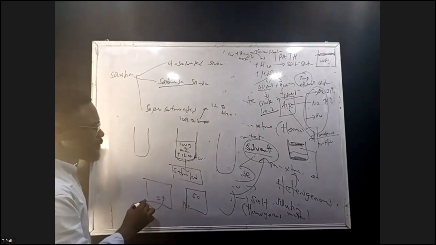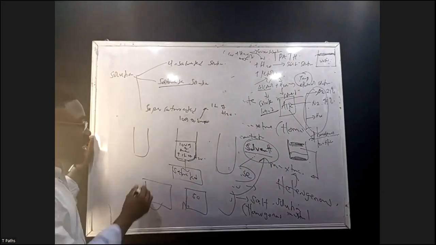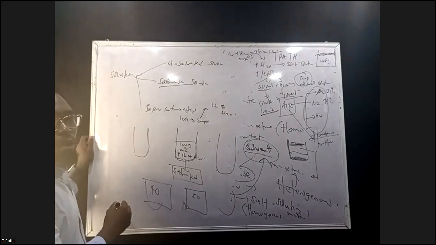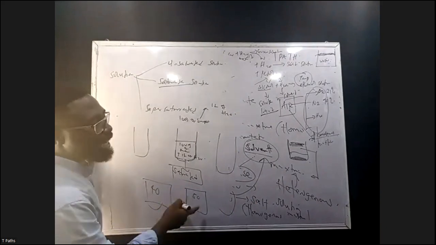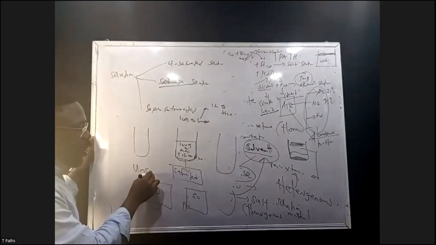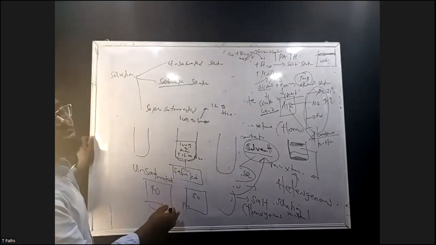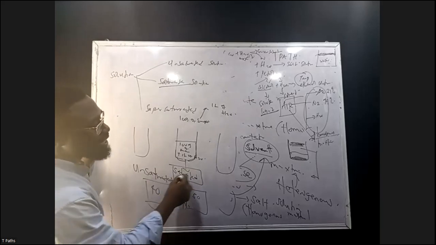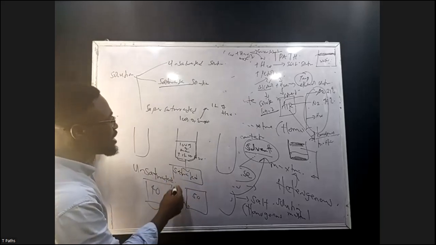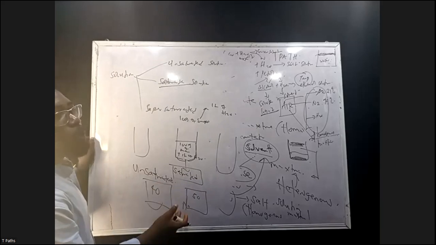But if I know that the capacity of the class is 50, and I put 40 students there, can we say the class is saturated? No. The class is what? Unsaturated. That is, it is not yet saturated. That means that it can still hold some more